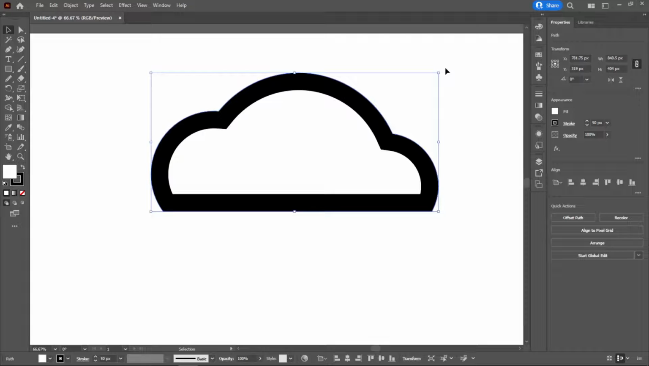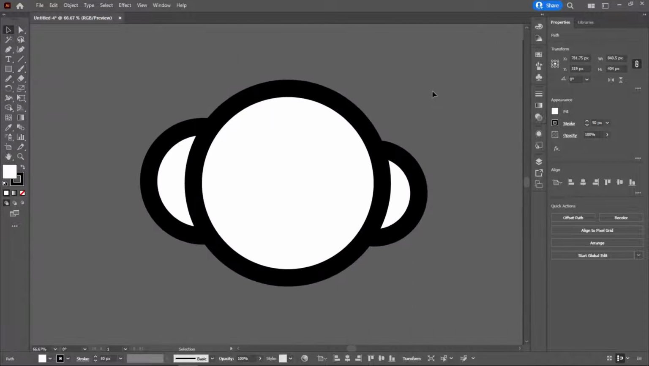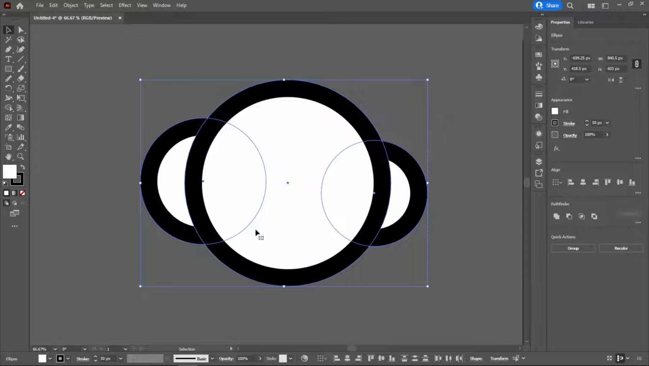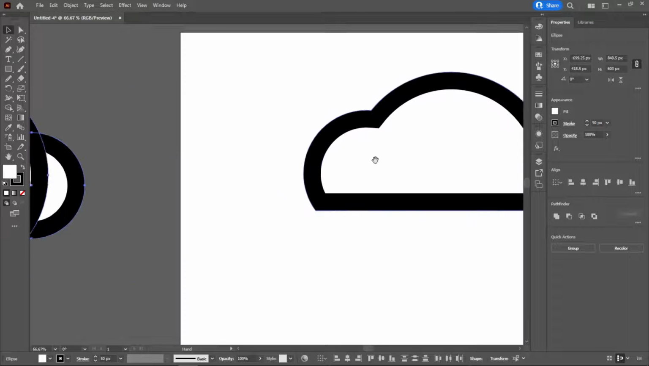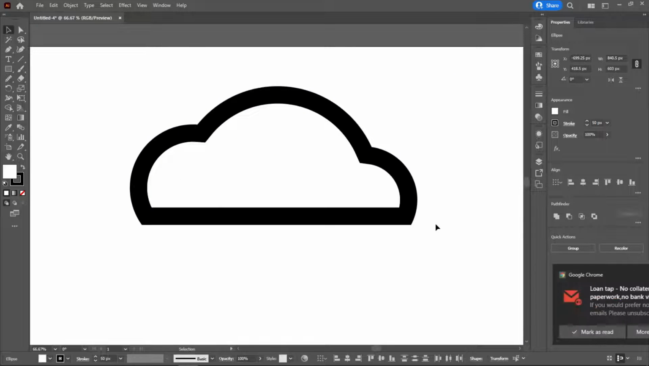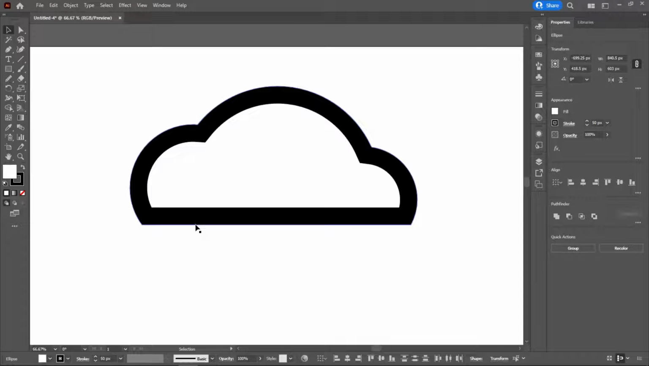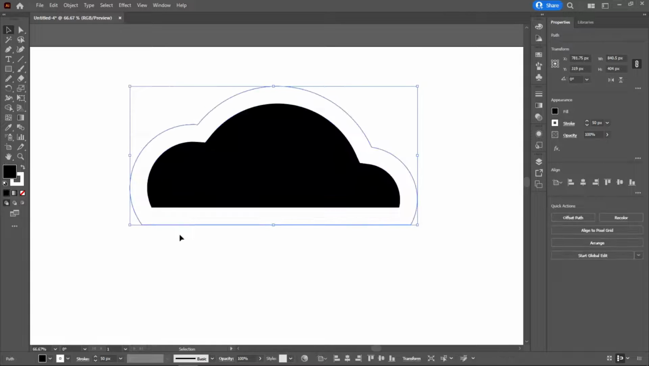Again, we had weld these 3 circles with pathfinder. Then we cut the below area with shape builder. Now